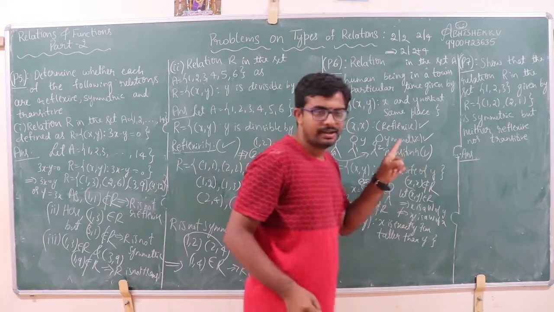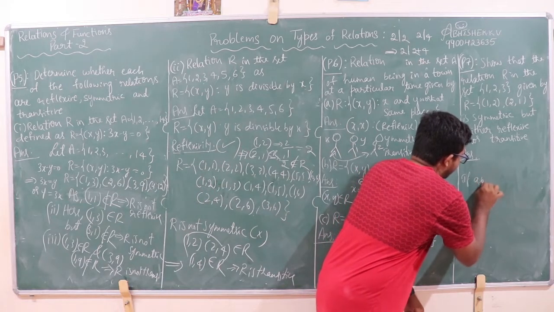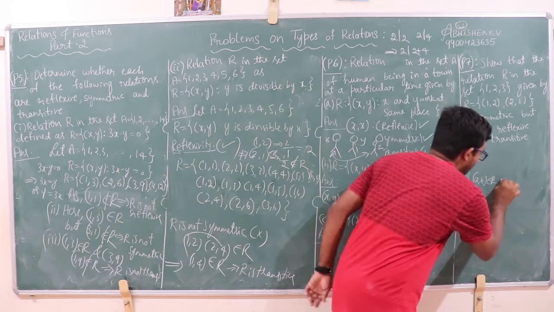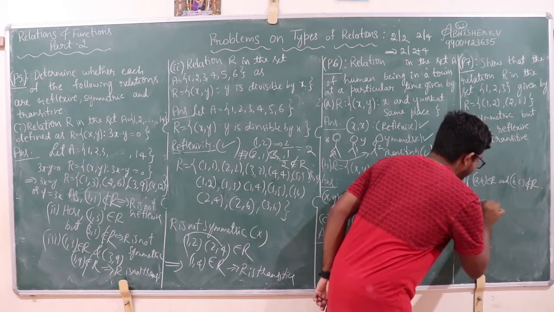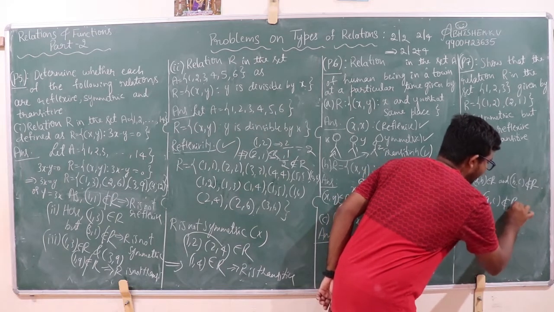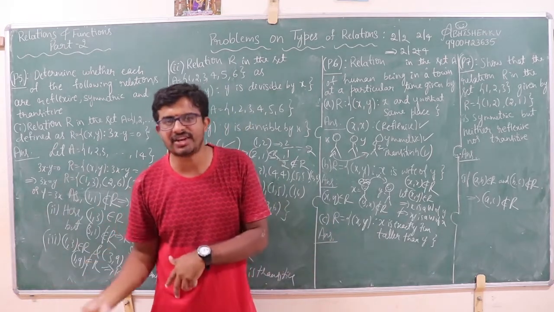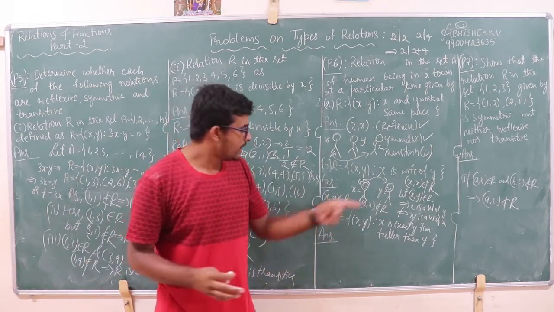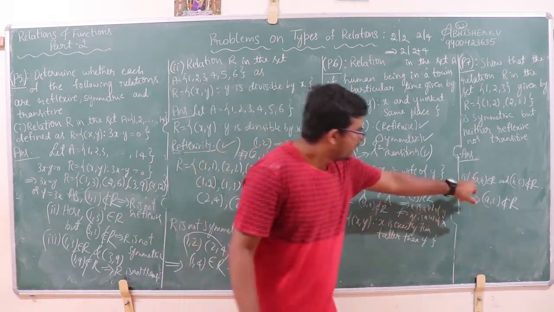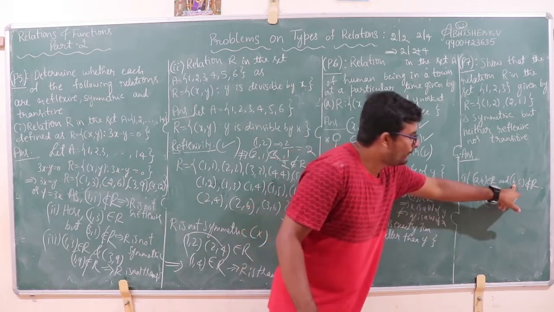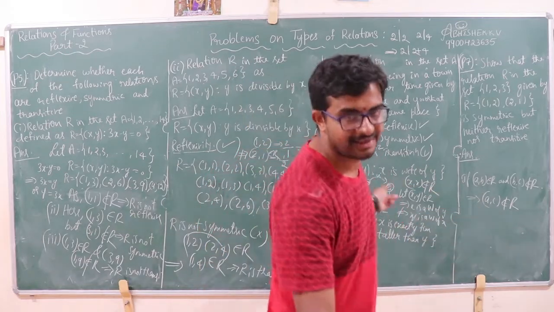Yes. So this is another definition for transitivity. Please note down: if A, B belongs to the relation R and B, C does not belong to the relation R, this implies A, C does not belong to the relation R. By default, if the if condition does not hold, then how can we check the then condition? Everybody understand? Yes. By default, it is transitive. A is a wife of B, B is not a wife of C, then A is not a wife of C. Therefore, this relation is transitive.